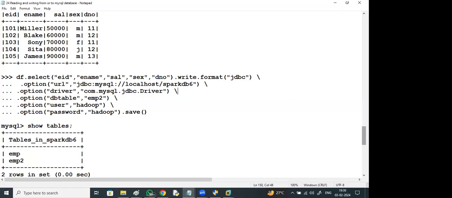Then you modify the data frame, and finally you get a data frame after the transformations. Finally, the data frame you want to save in the database, save it. While saving, you need to give a table name, which means a table is going to get created. We cannot directly go and modify the database table, it is not possible. You are not creating any web application here, so it will always create a new table.